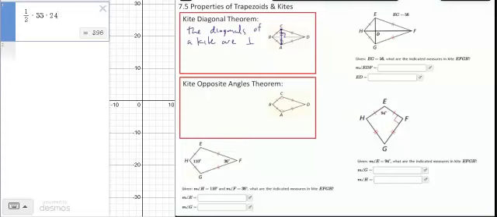And then the last thing would be when you are looking at a kite, because if you look at this triangle formed right here, you have a congruent triangle. The mirror image of that is the other half of that kite. And so it should make sense that these opposite angles here, C and A, are going to not just be corresponding, but they are going to be exactly the same. So in a kite,